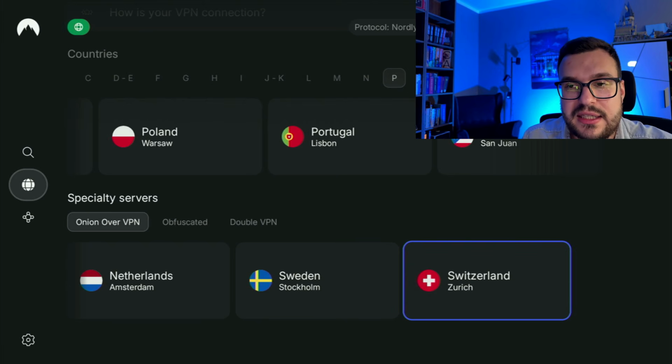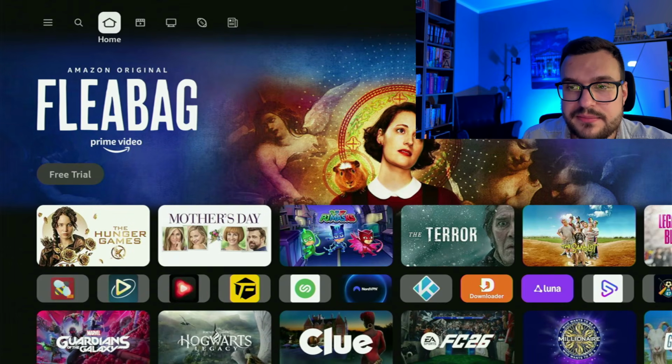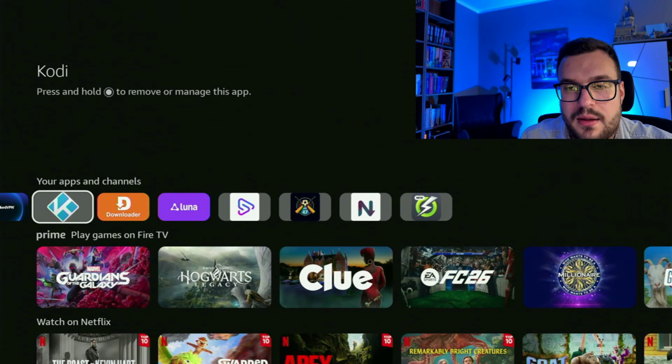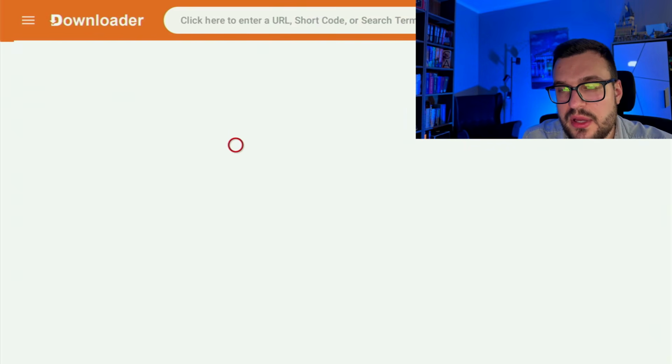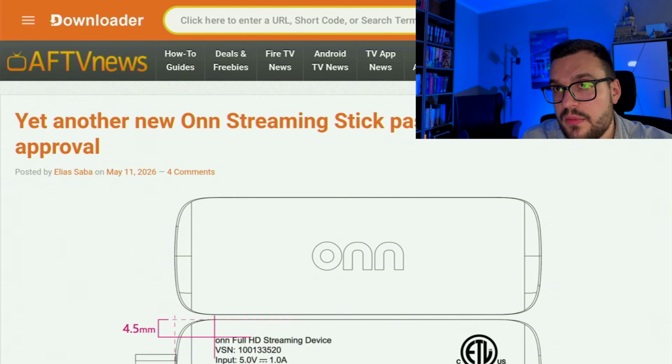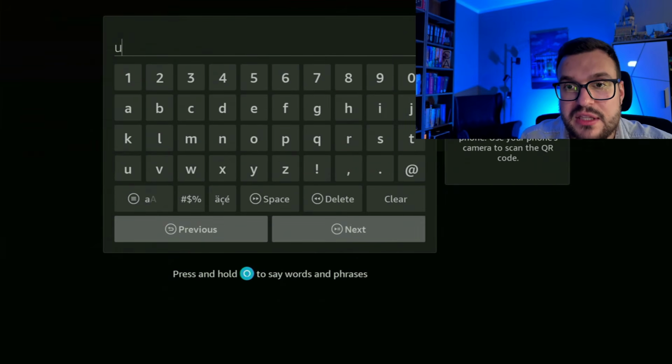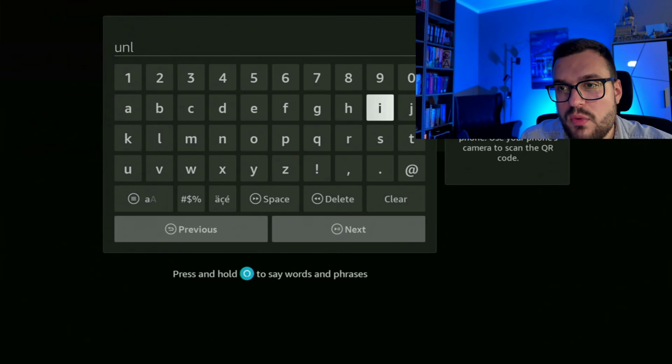And now finally, let's use Downloader safely. So we go back into a list of apps on your device, locate Downloader, and let's open it up. So we open the application, and now here at the top there's a search bar, which we need to use. In here we'll need to enter the link. The link is going to be unlinked.link. That is what you have to enter. So let's enter